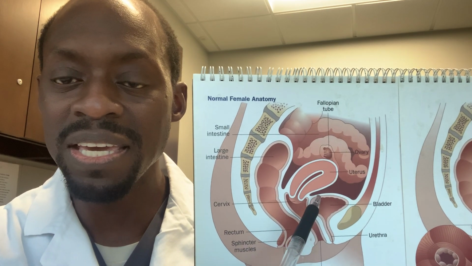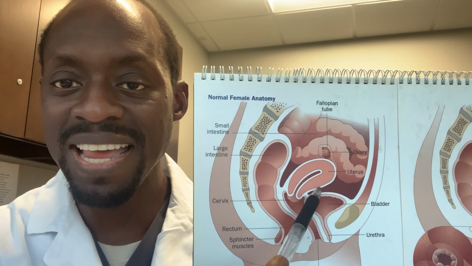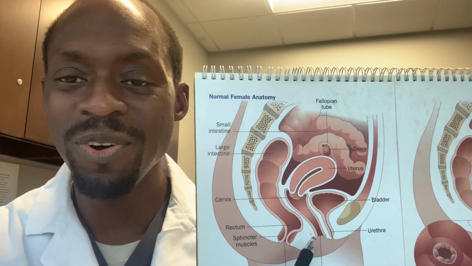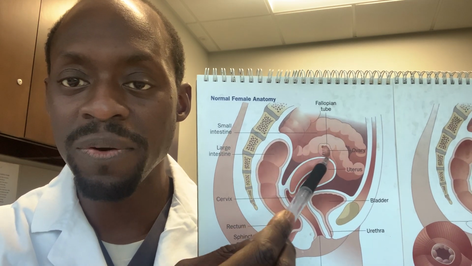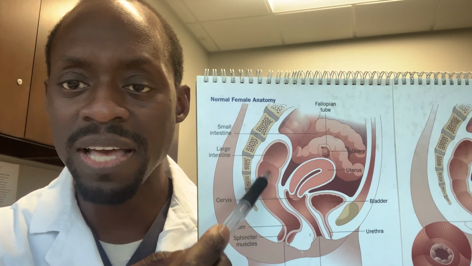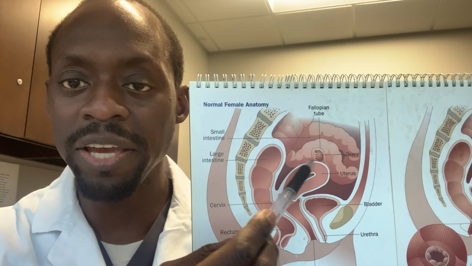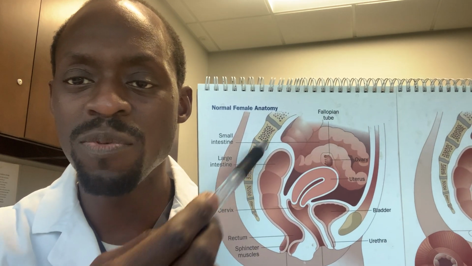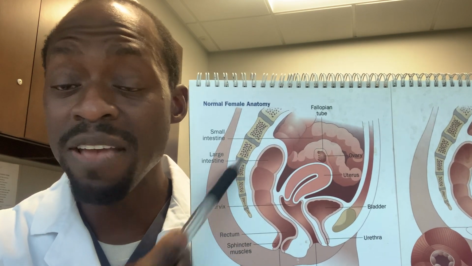And then we have the GU, or genitourinary. So we have the bladder, urethra, and that's connected to the uterus, and the kidneys, which is not shown in this diagram. But we also have the gynecologic organs. We have the vagina, the uterus, the ovaries, okay, and the fallopian tubes. And then we have our gastrointestinal tract. This is our anus here, rectum, and then we have our colon here, and that's then connected to the intestines. So many different systems are in the female pelvis here, and any of these areas could be a source